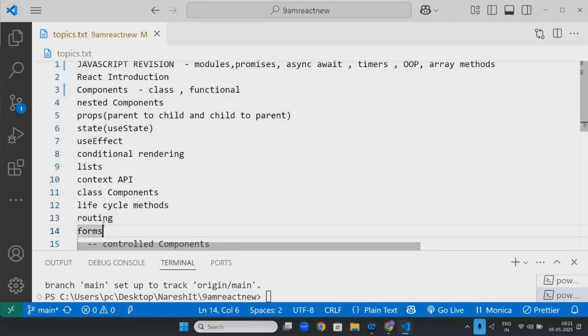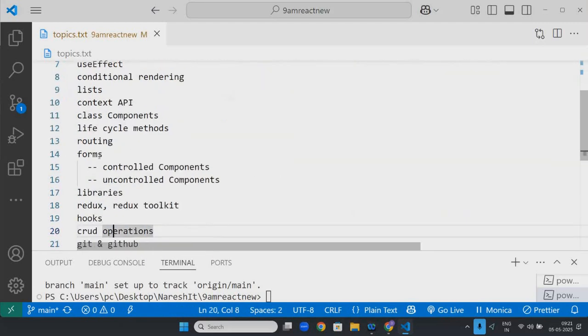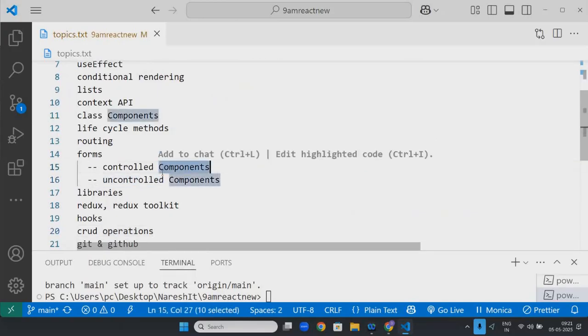Okay. Then next, controlled components and uncontrolled components. They may ask about libraries such as Formik. Okay, but 90% of the time, interviews will not ask about libraries. Why? Because technical interviews are done by developers only. The basic rule is that no developer will memorize the library.